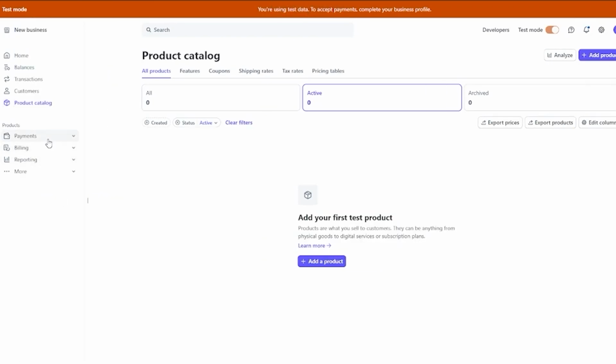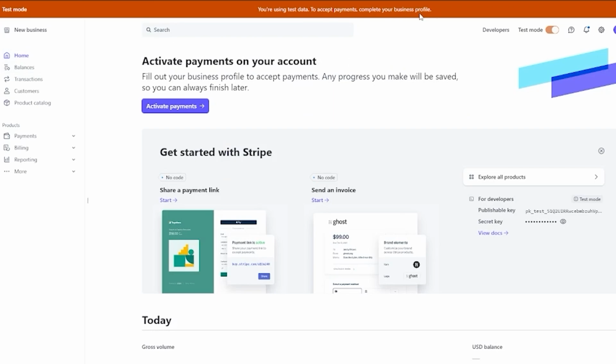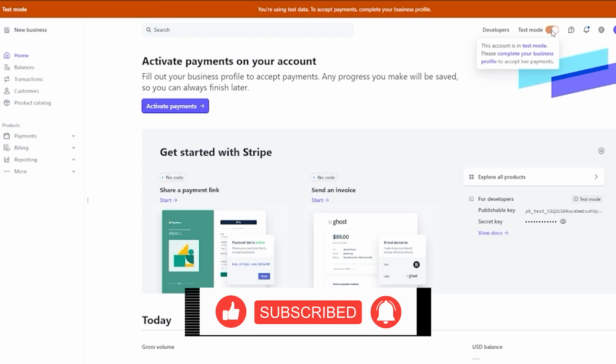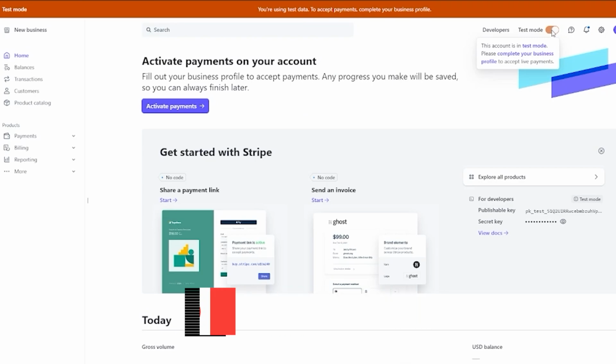Then we have products, okay? Now in the products, you get payments, billing, reporting, and more. And I'm going to get more into these later on with the transactions widget. Right now, I'm going to show you how to activate your payments, because right now, as you can see, I'm in test mode. And obviously, if you want to accept live payments and get out of test mode, you are going to want to complete your profile, because without that, you won't be able to go ahead with the other